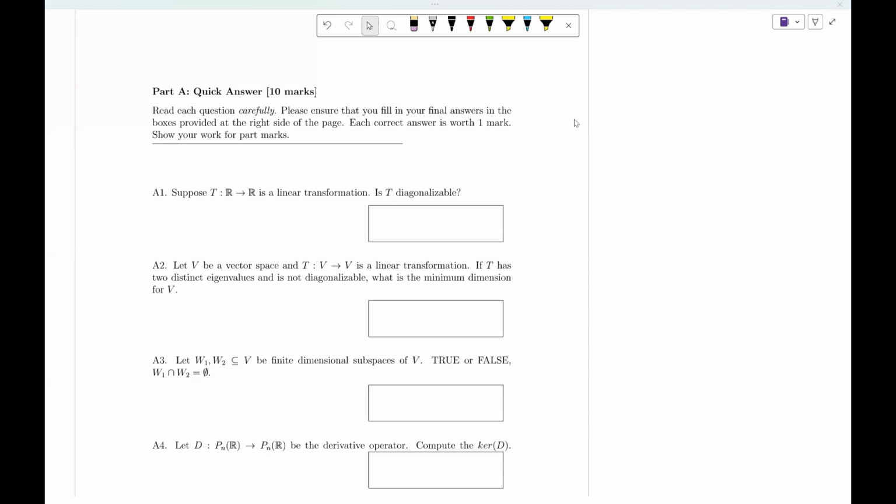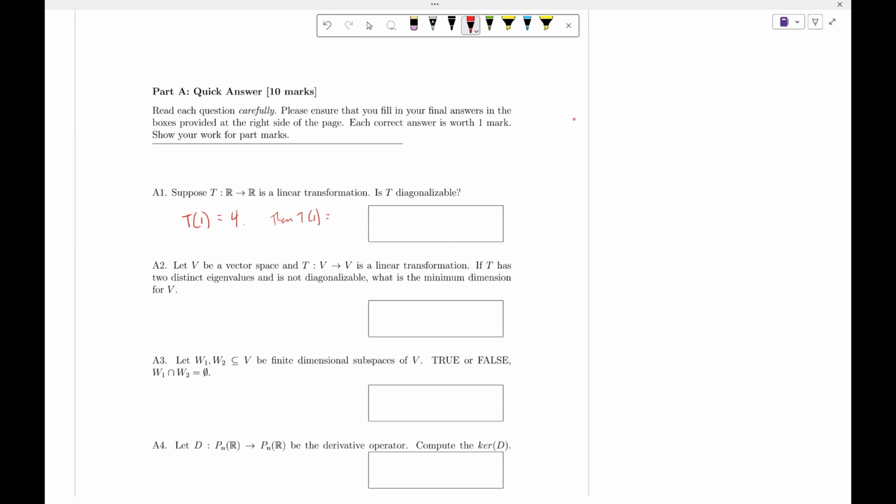So for the first question, suppose T mapping the real numbers to the real numbers is a linear transformation. Is T diagonalizable? Well, if we look at this, a linear transformation has to satisfy our properties. And if we look at the eigenvalues and eigenvectors, if we say that we have T of 1 equals 4, well, then